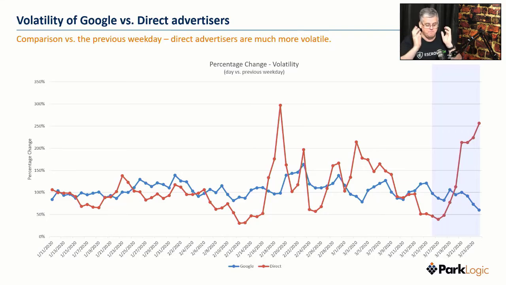And then we hit mid February, and it just took off. It completely took off. And the direct advertisers are all over the place. So I think it's going to be a really interesting roller coaster for us all, and just to see what happens and how it goes moving forward.